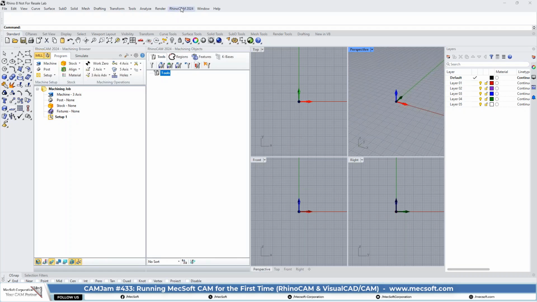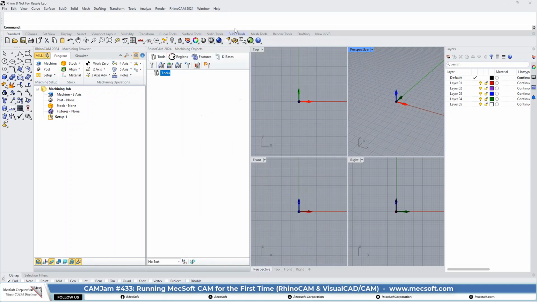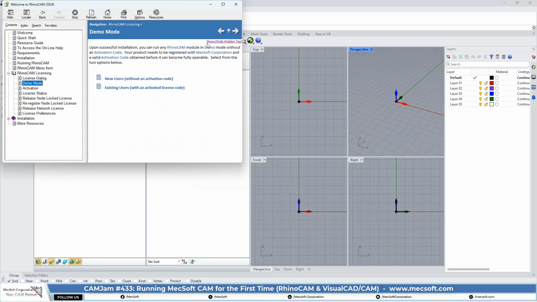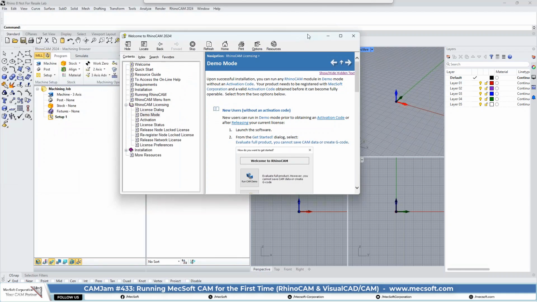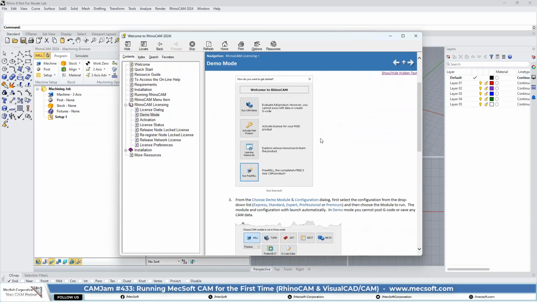So when RhinoCAM came back up, I lost that dialog, but in that previous dialog, I could show you that if I go up here to the help, I can just talk about it. So this is the dialog that we had up.